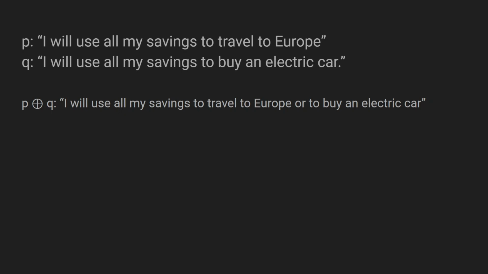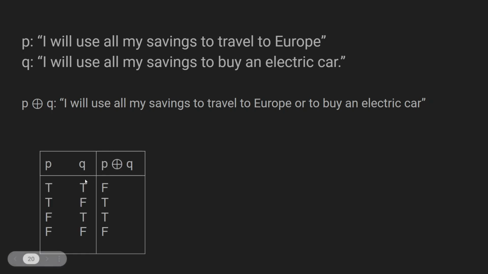Okay, but I can't do both. And its truth table: if exactly one of P or Q is true, then the P exclusive OR Q statement is true. Otherwise, it is false. All right,